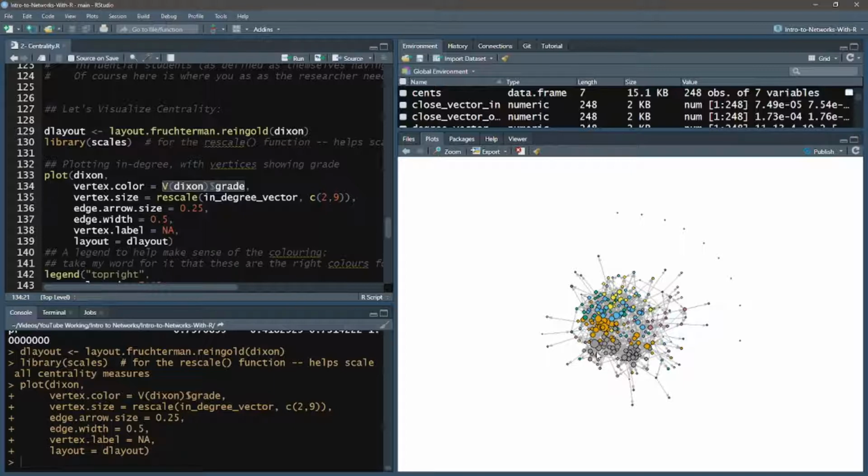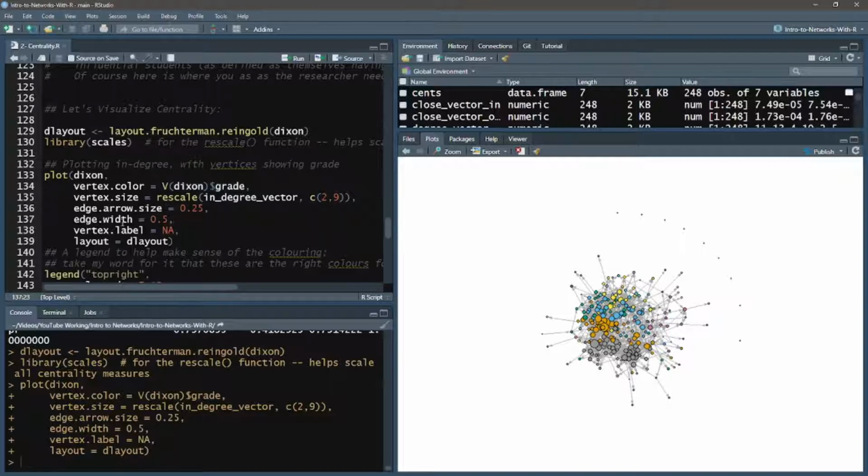Certainly much more than what we talked about in the last video and at the start of this video. So these large bubbles are people that have said, yeah, that person's my friend. And there's been so many of those people to say that now the bubbles are larger. And so we can kind of see who the, for lack of a better word, the elite are within their different age and grades here.